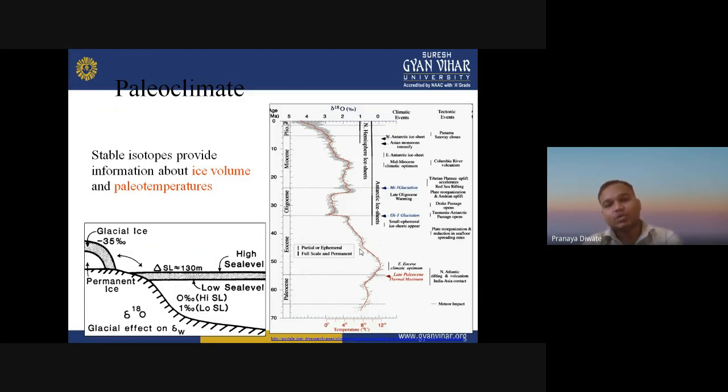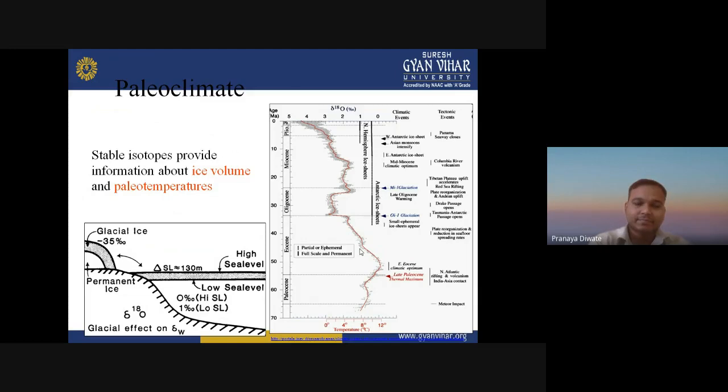The retrieval of the core can take place, and further analysis is conducted by